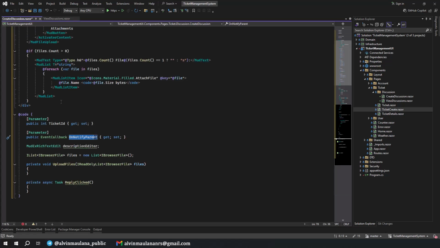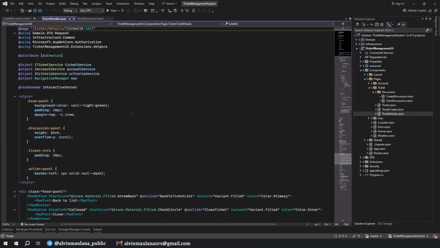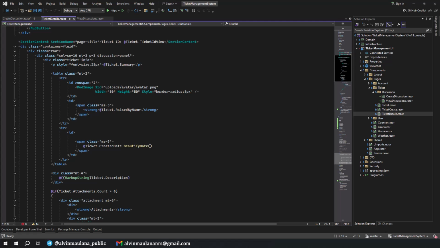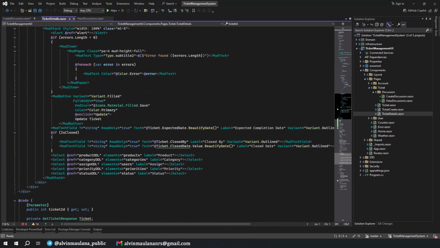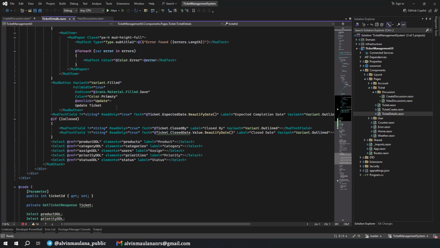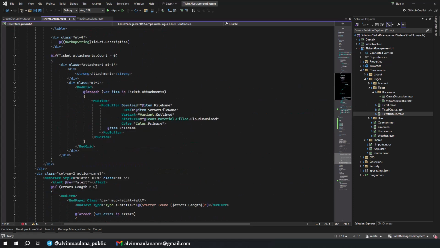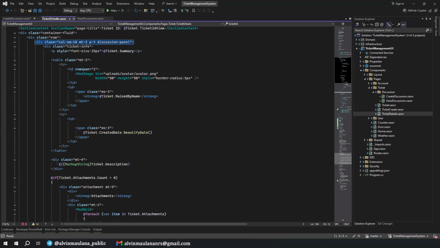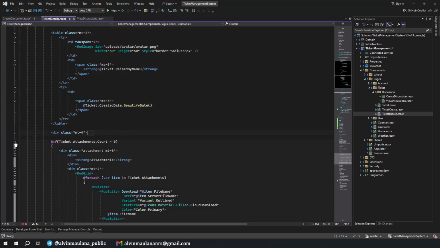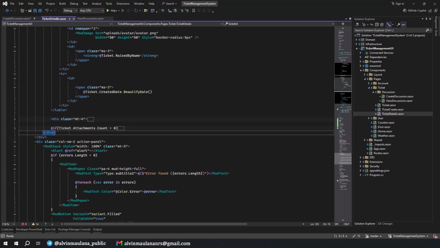before. And yeah, I sometimes forget to mention that this discussion and create discussion is actually a child of ticket details. So we will show the create discussion and view discussion. I think where is it? This is the attachment. Yeah, below this one, something like this.